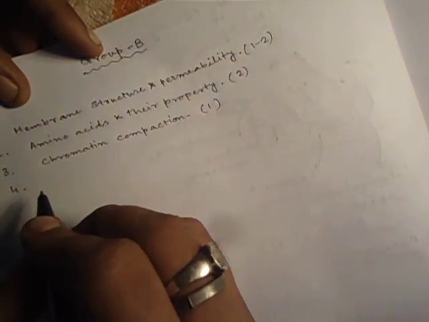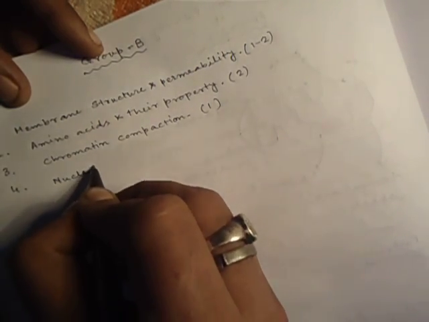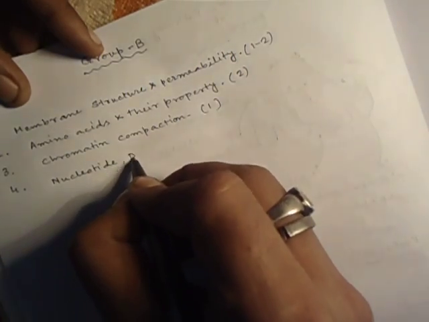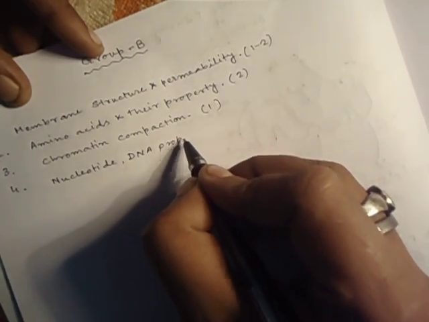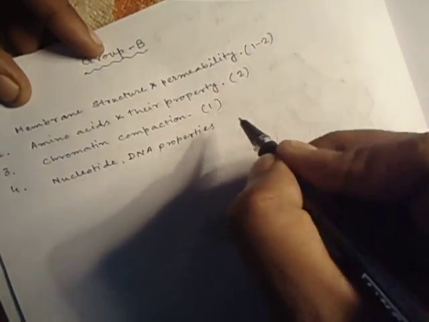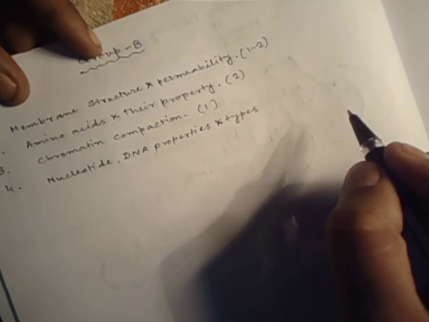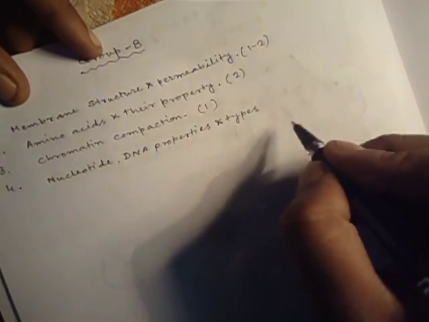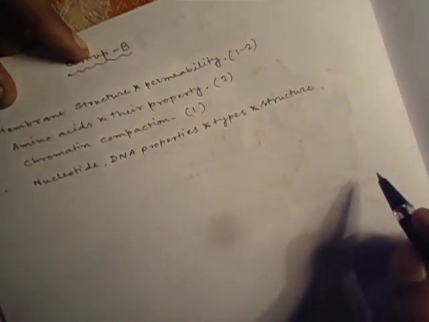Come to point 4: nucleotide, DNA properties and types. Nucleotide, DNA properties and types. These types and structure, obviously, this is very much important for Group B questions, and you have to do very well for nucleotide, DNA properties